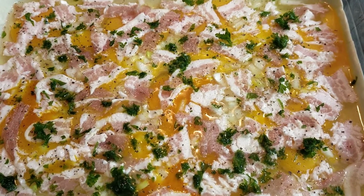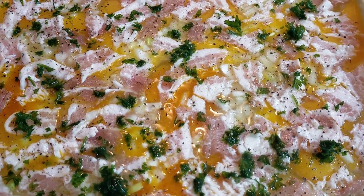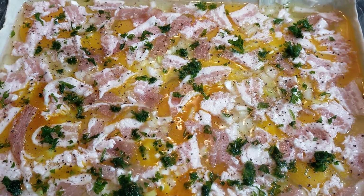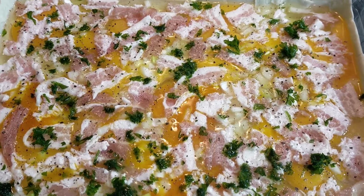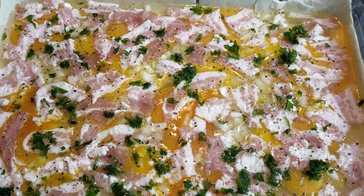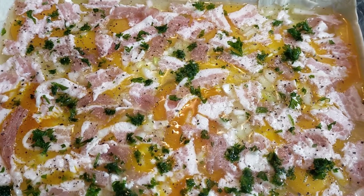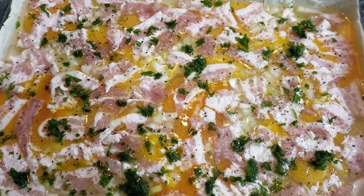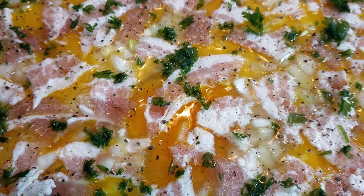Okay, so to this pie I have added, I think I added the chopped onions already. So I've put in the bacon. I've just pulled that out of my freezer. We buy bacon in a big kilo bag, and then I separate it all and I just roll each piece up and put it into bags. So when I want bacon, all I have to do is just pull out 1 roll or 2 rolls or 3 rolls. So this is 3 rolls of bacon,